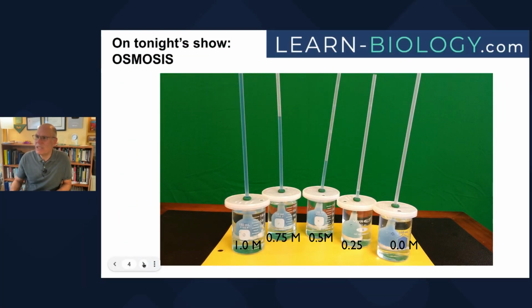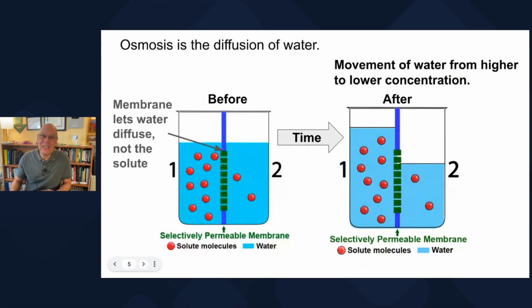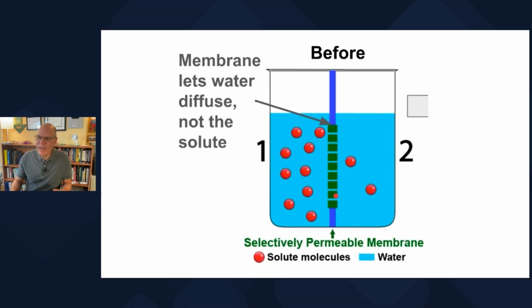What is osmosis? Osmosis is simply the diffusion of water. Diffusion of water, that means it's the movement of water from higher concentration to lower concentration. And for this to work, we have to have a selectively permeable membrane. That's what we have over here. And this is a membrane that lets water diffuse through, but not the solute, which in the previous demonstration was